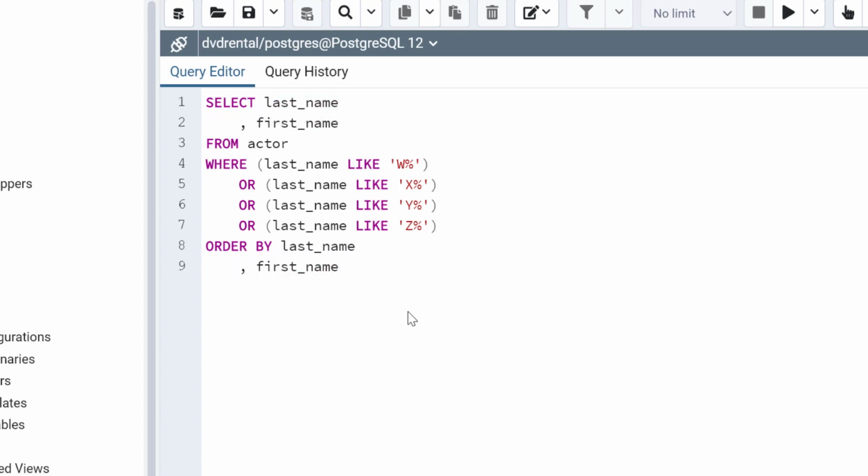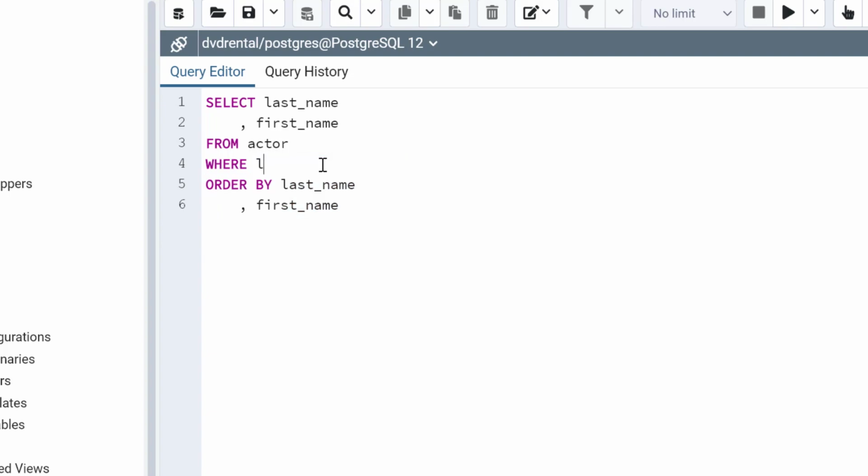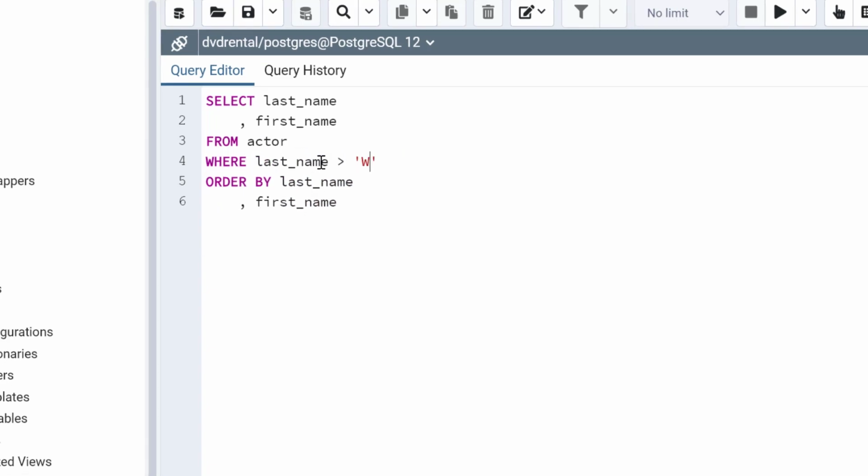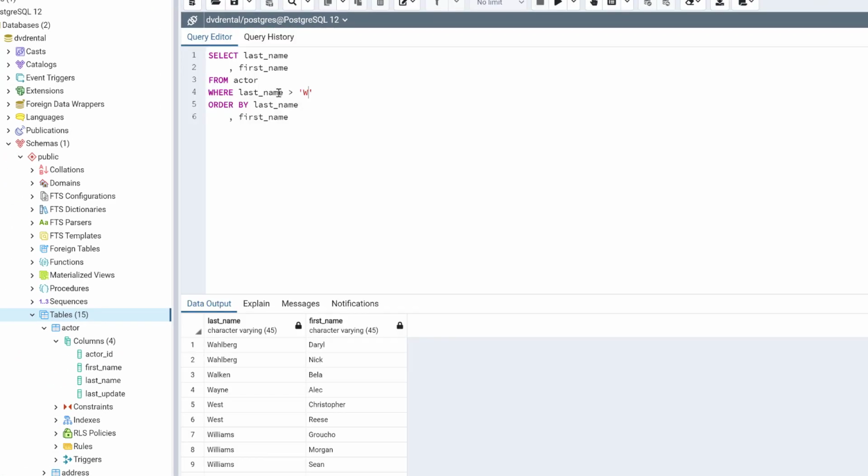I think this is really inefficient, right? There has to be a simpler way. There is, and it involves the trusty greater than sign. If we update our where clause to say where last name is greater than W, we get the exact same